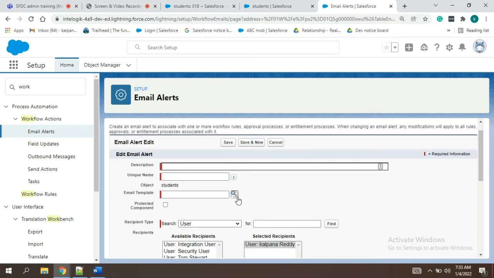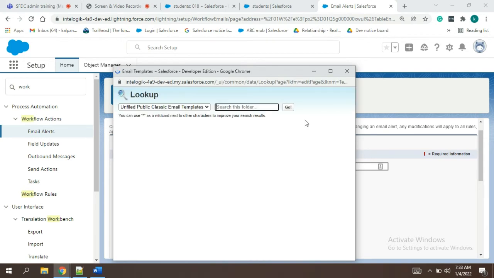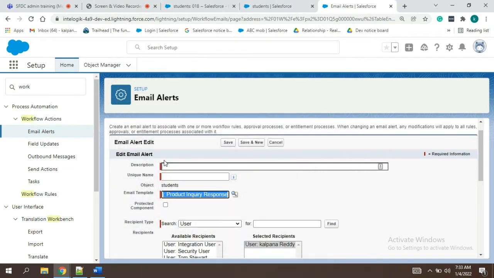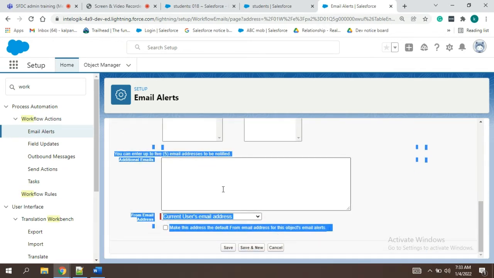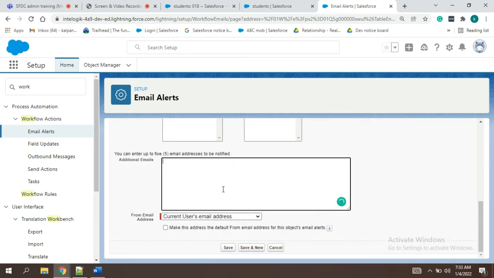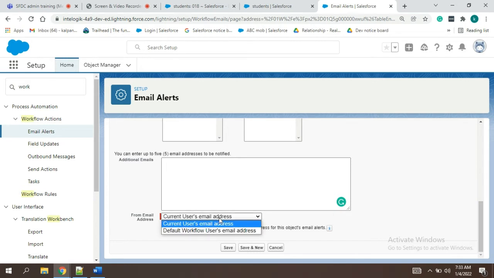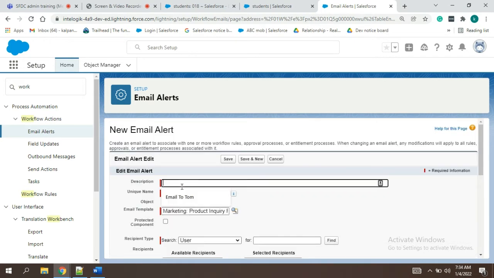And the template we have to search here, and then description, the unique name, everything we have to give. And you can add up to 5 email addresses also. Okay, if you want, I'll create one.